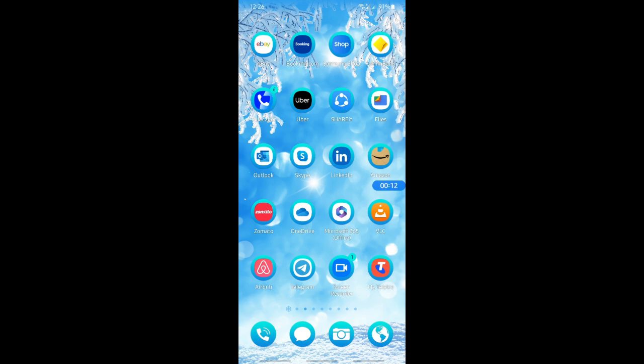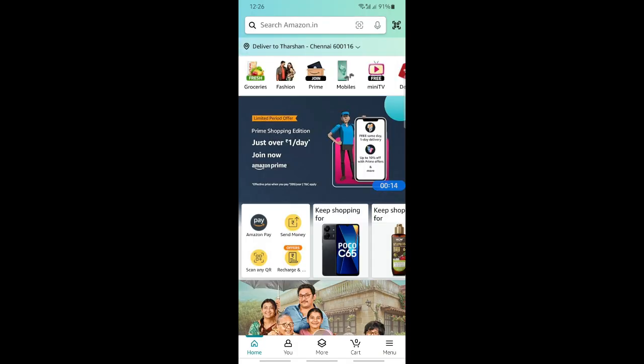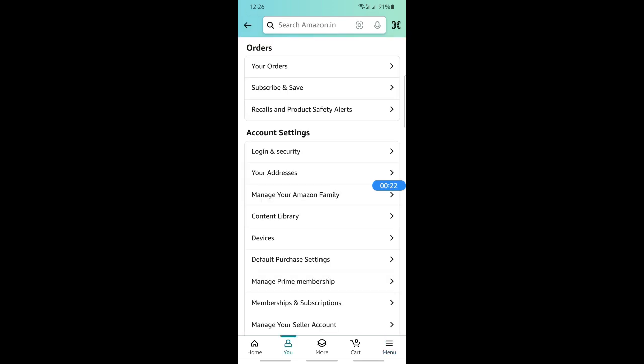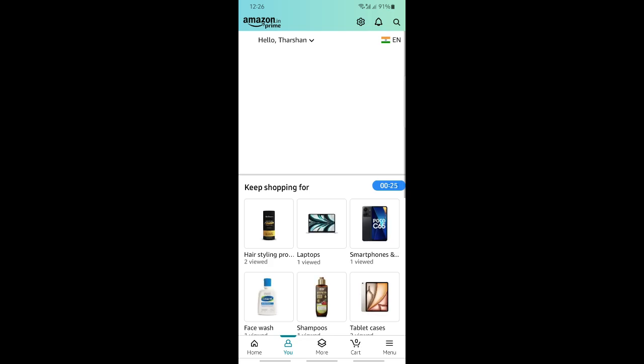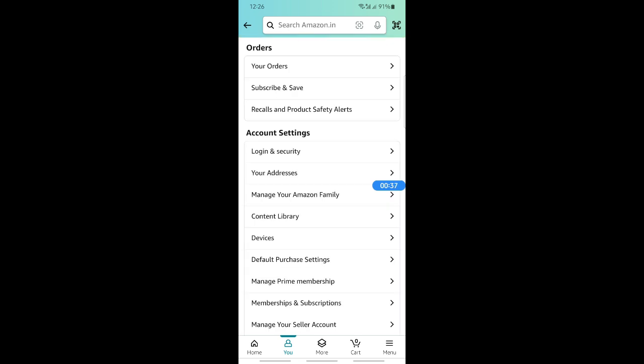So open up Amazon and log into your Amazon account. Once you've logged into your Amazon account, go to your profile here. Go to this You tab here. Go to this You option here. Just click on it, and then when you get to this You tab, you're going to open up your account. So click on your account, open it up, and then when you get to your account, scroll down,